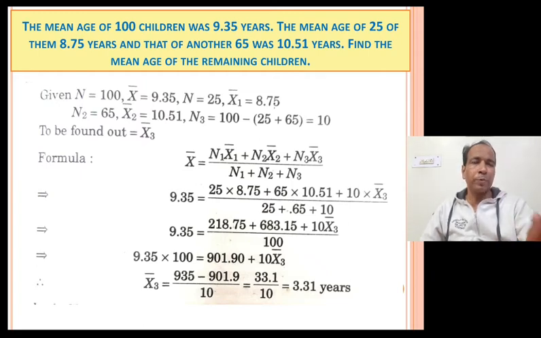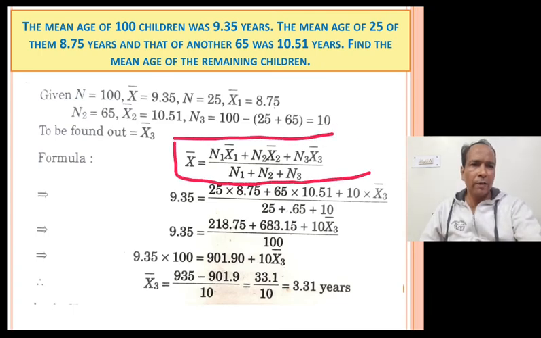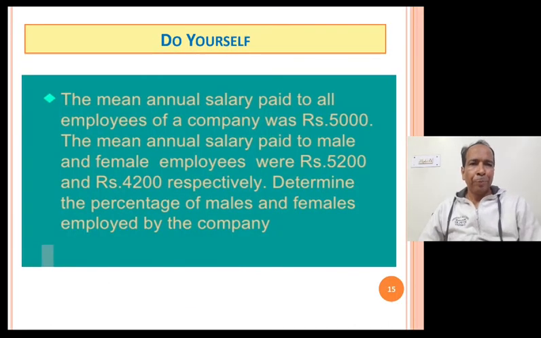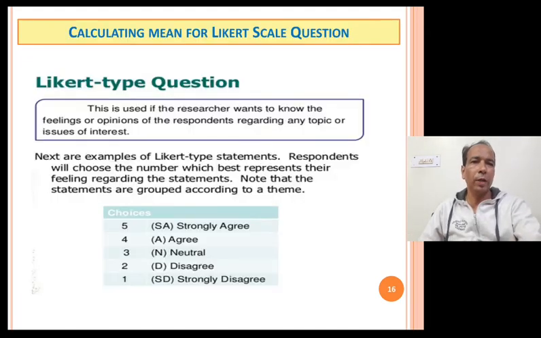Now there are three groups, and for two groups n1 x1 bar are given, and for the third one you need to calculate. So for three groups the formula has been written over here. You can simply work it out, no issues at all. n1 x1 bar plus n2 x2 bar plus n3 x3 bar upon n1 plus n2 plus n3, and simply you can calculate it putting in all the values, nothing complicated in this example. Now you can do this question yourself. You can take a screenshot of it and work it out. I'm not going to spend much time on it.